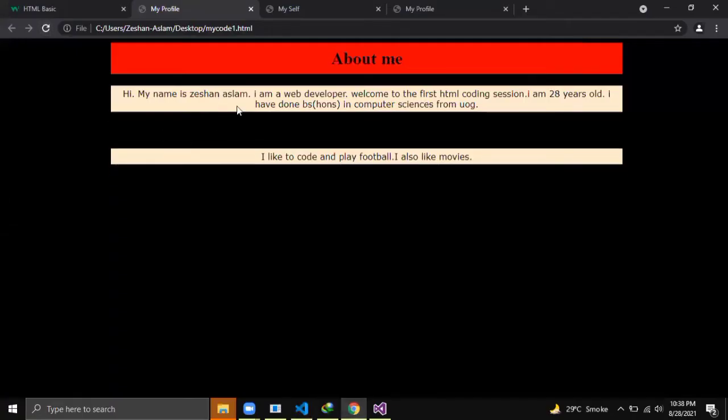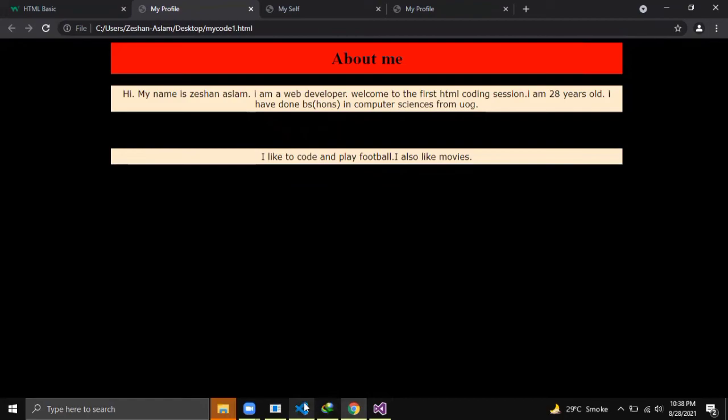You can see that now the H2 tag is not visible because the text in the H2 tag is black and our background color is also black. So you need to be more careful while choosing the coloring scheme, so that everything is prominent and very clear and visible to the user.